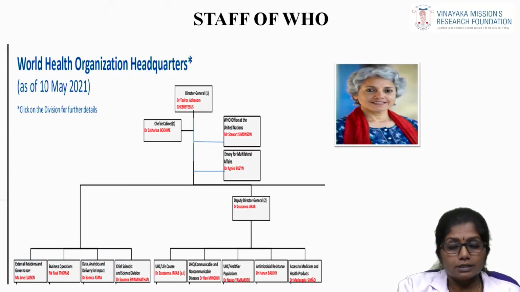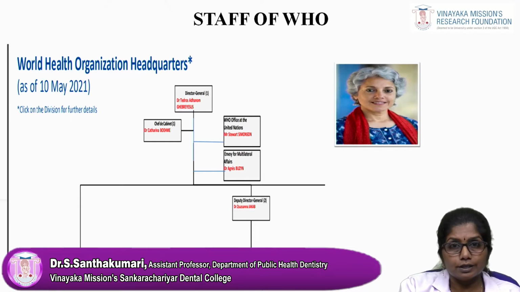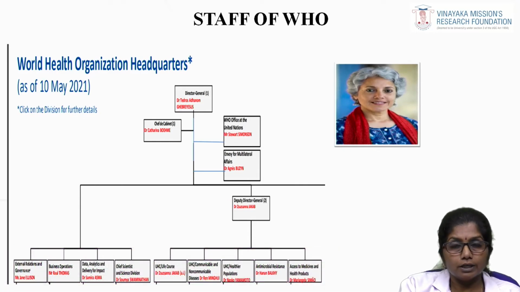So moving on to the staff of WHO. The slide shows the first level of the staff organogram of WHO. The topmost head of the WHO is the Director General, Dr. Tedros Adhanom Ghebreyesus, who is the present Director General, and he is the principal advisor to the United Nations on matters pertaining to global health. It is the responsibility of the Director General to establish the staff structure within the budgetary limits. The staff of WHO includes experts from various fields of specialization to supervise the work of specialized units.